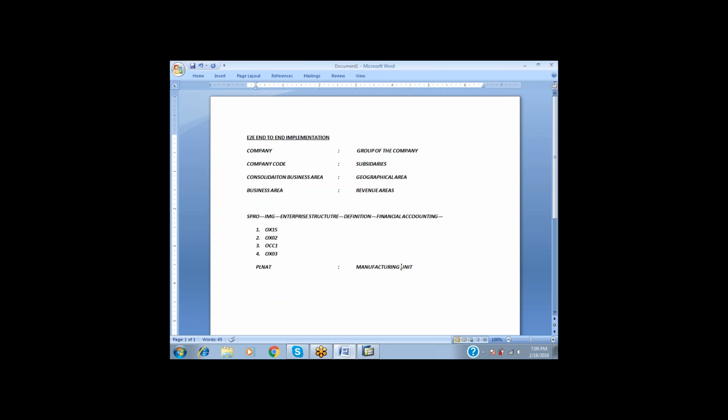One company code can have multiple manufacturing units. That means one company code can have multiple individual plants, and the relation between the company code and the plant is 1:many. That's why we call it 1:many.